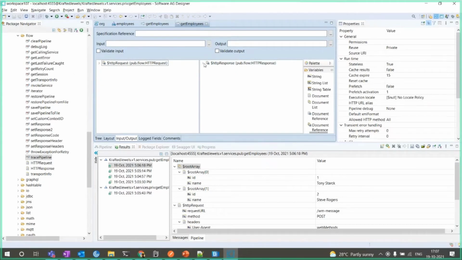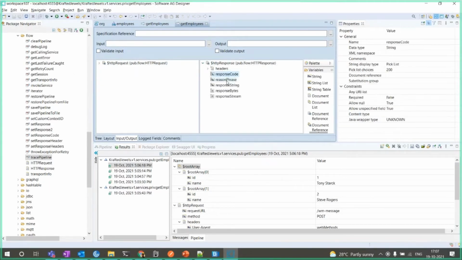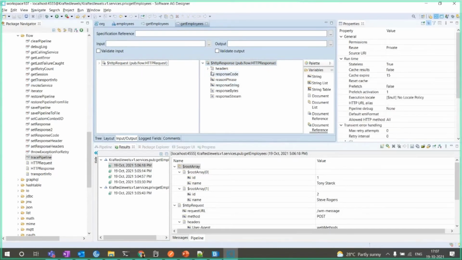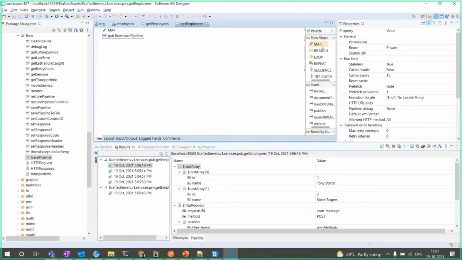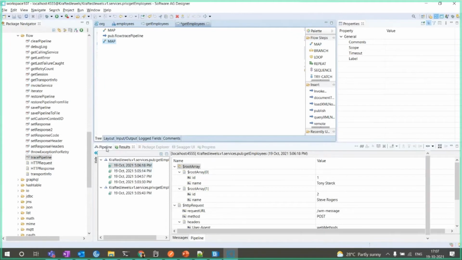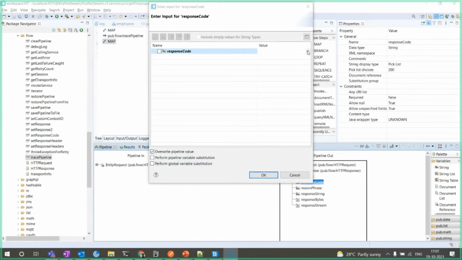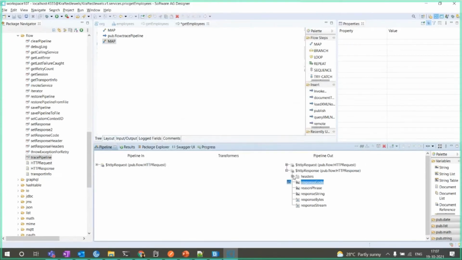Okay. Now there is another thing, right? You can see something I added here, $HTTP response. What this $HTTP response does is it also gives you hooks where you can actually manipulate the response. So let me come back here. Okay, so I will just add a map step. In this map step, I will just say response code is 200. Okay, and response string